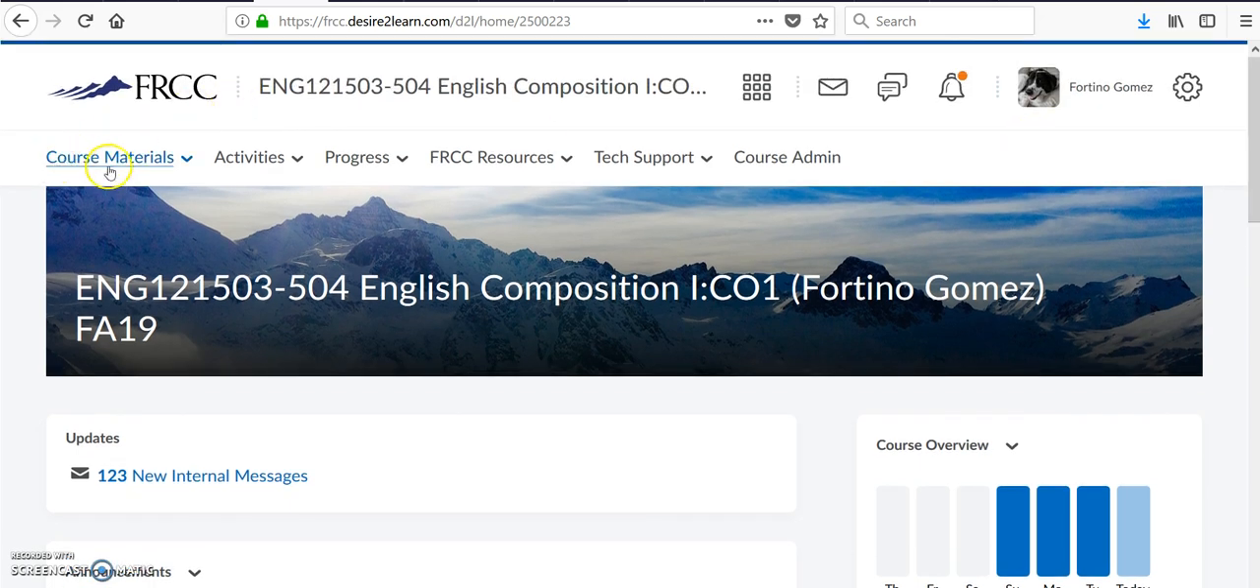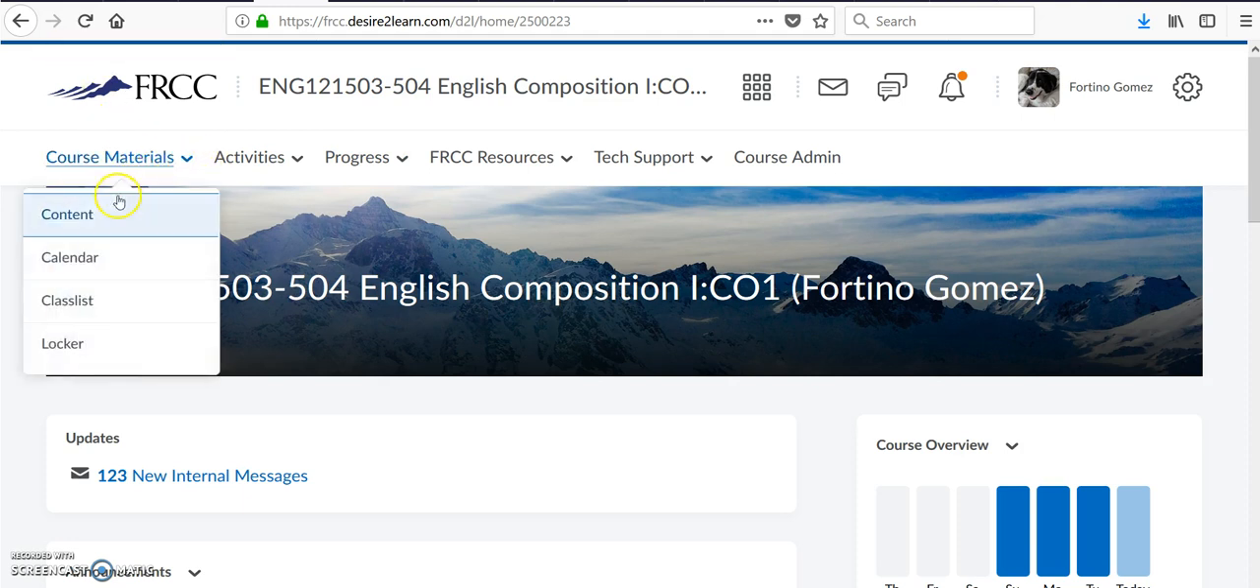Another important place to be familiar with is this toolbar. You'll notice here there's a number of tabs: course materials, activities, progress, FRCC resources, tech support, and course admin. All of these are live links, but you will more than likely use the first three: course materials, activities, and progress. So if we take a look at course materials and we go to content,